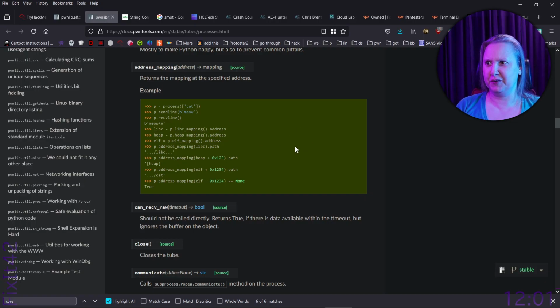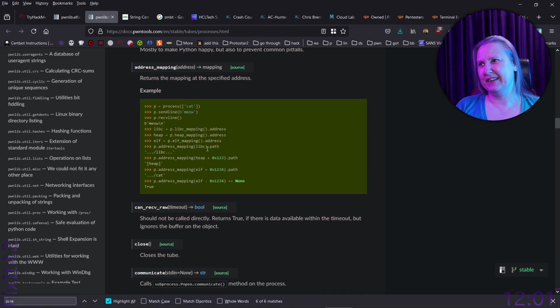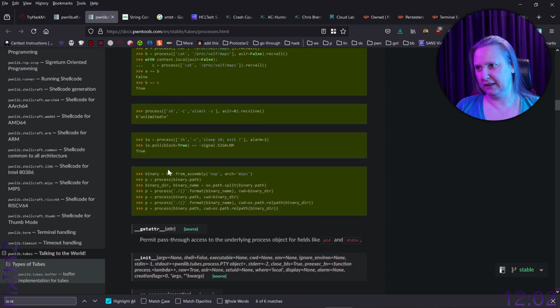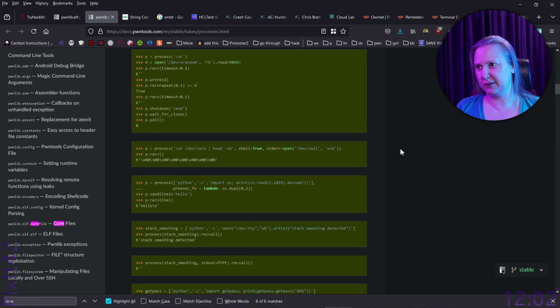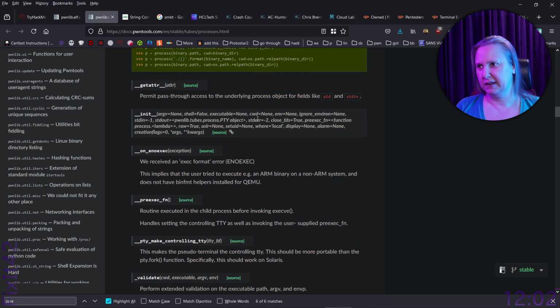If you scroll enough, you find stuff. So, what is this? Looky. We found the gold. We need to go there. Address mapping. Returns a mapping of a specified address. So, let's see, did I miss anything else? Is there something more interesting from scrolling too far? No, that's just the main stuff. And then we have